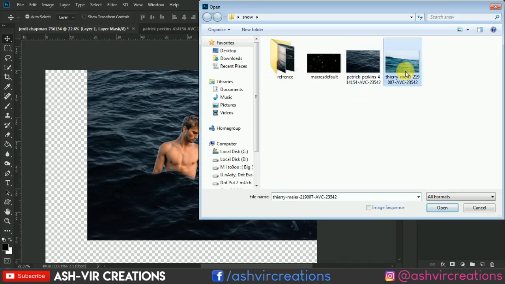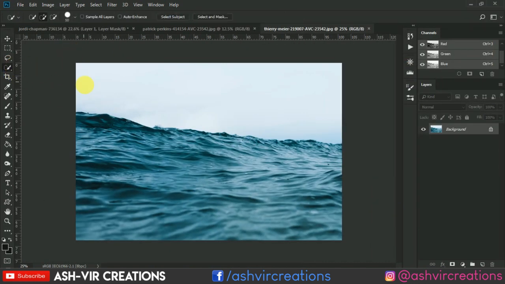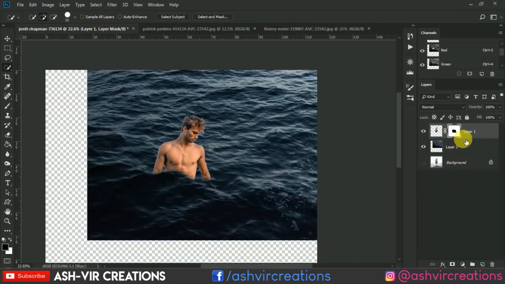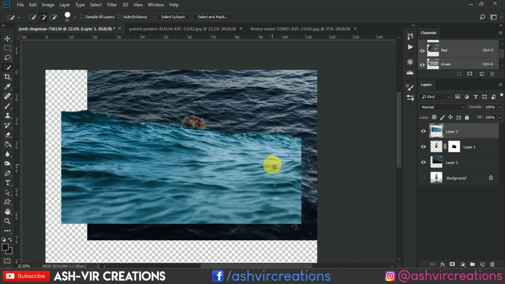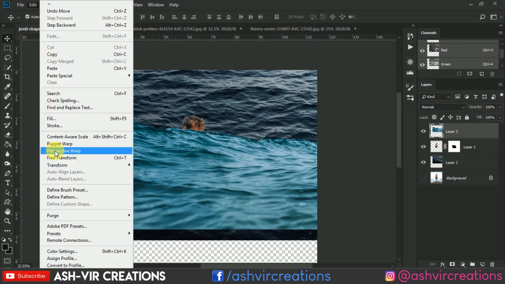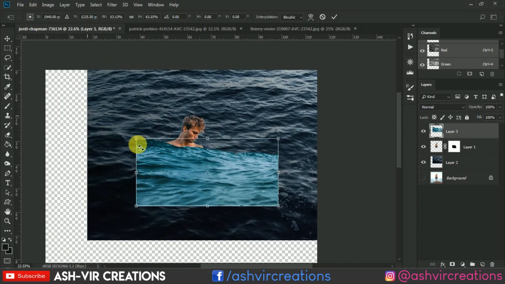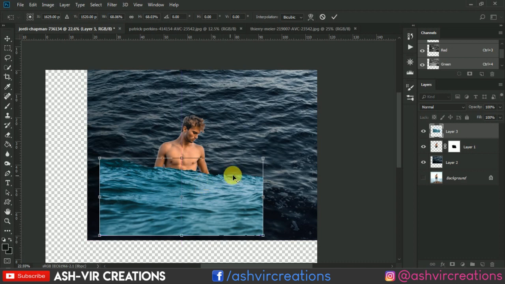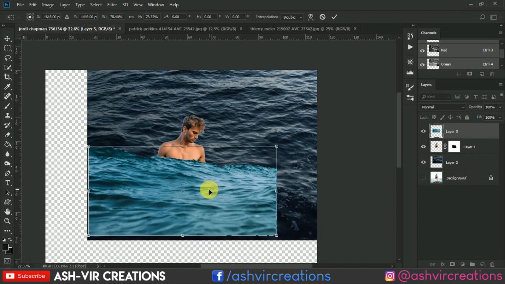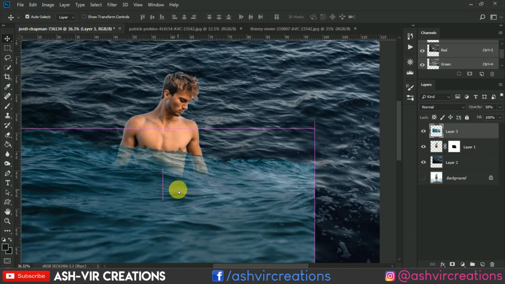Now we'll open the other background image and select the area. Suppose for example we want this area, so select it, press Ctrl C and paste it above this layer by pressing Ctrl V. Now press Ctrl T to transform. Now just transform this selection and roll it over here. Decrease the opacity and